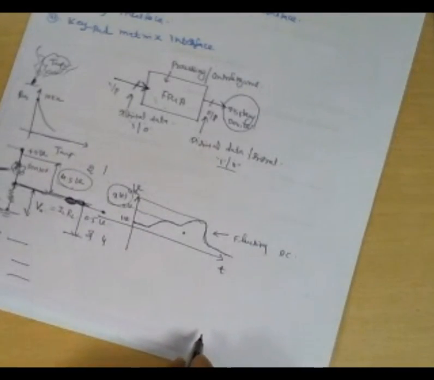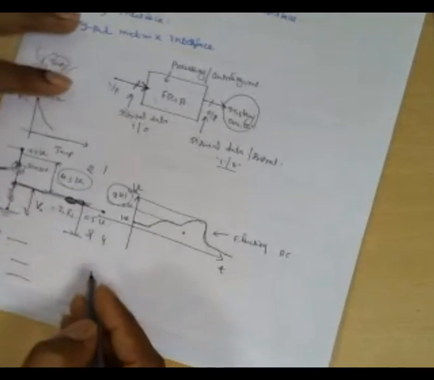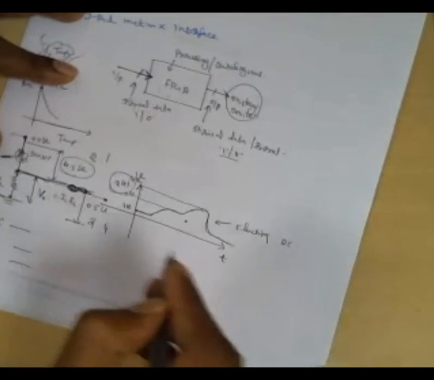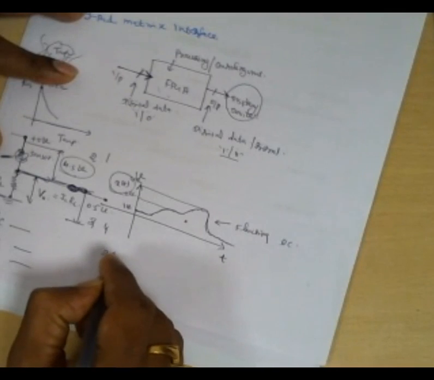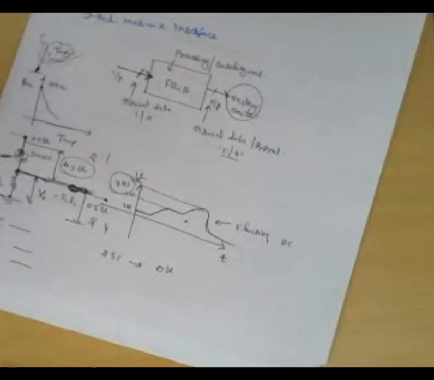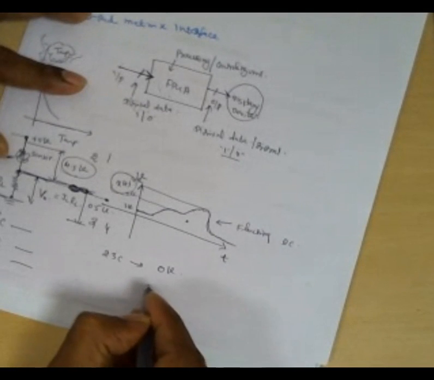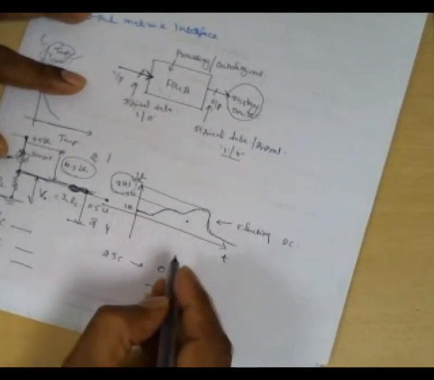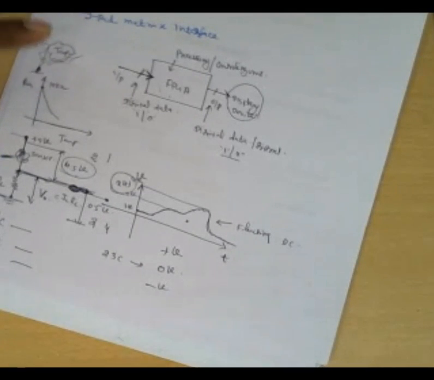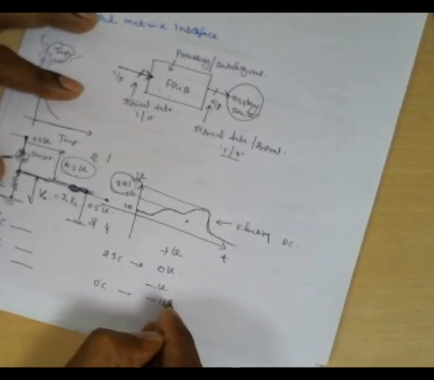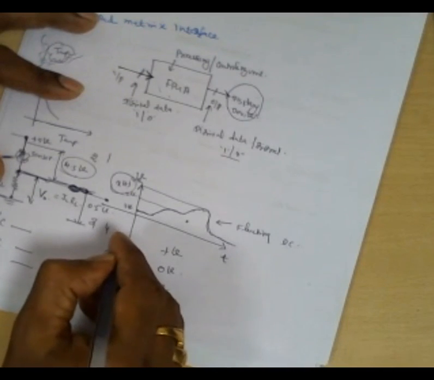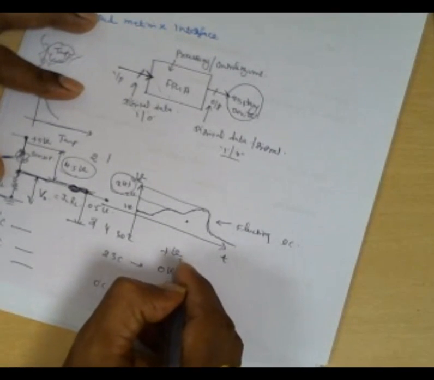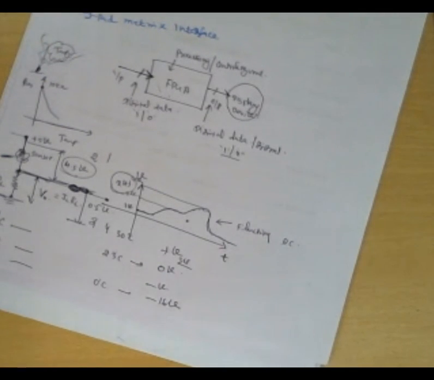Sometimes some kinds of sensors will give you, for example, something like this. Suppose one sensor is there. That sensor will give you, at room temperature, maybe 23 degrees Celsius, 0 volts. If the temperature goes down, you will get a negative voltage. If the temperature goes above, you will get a positive voltage, right? So if it is 0 degrees Celsius, you will get minus 16 volts, for example, and at 30 degrees Celsius, you may get plus 3 volts, for example. This kind of sensor is called a bipolar sensor, a bidirectional sensor, meaning the sensor output voltage will go to the negative side as well as the positive side.